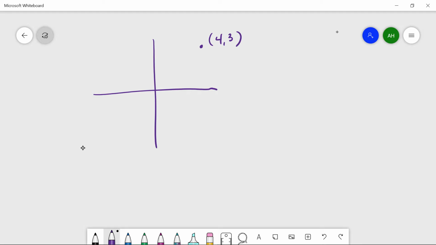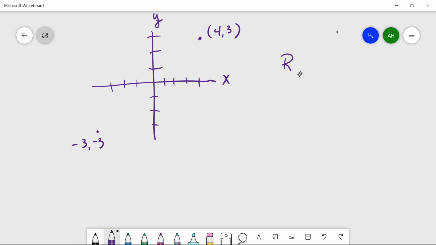And let's say I have this point down here, and this point is -3 comma -3. Good. All right, remember that we would say this is my x-axis and this is my y-axis. All right, and so this is 1, 2, 3, 4 measures out, and this is 1, 2, 3, and so over here 1, 2, 3, and 1, 2, 3, and that gets us over there. Okay, so this right here is how we've been used to writing these, how we've been used to recording these. When we look at a rectangular coordinate,